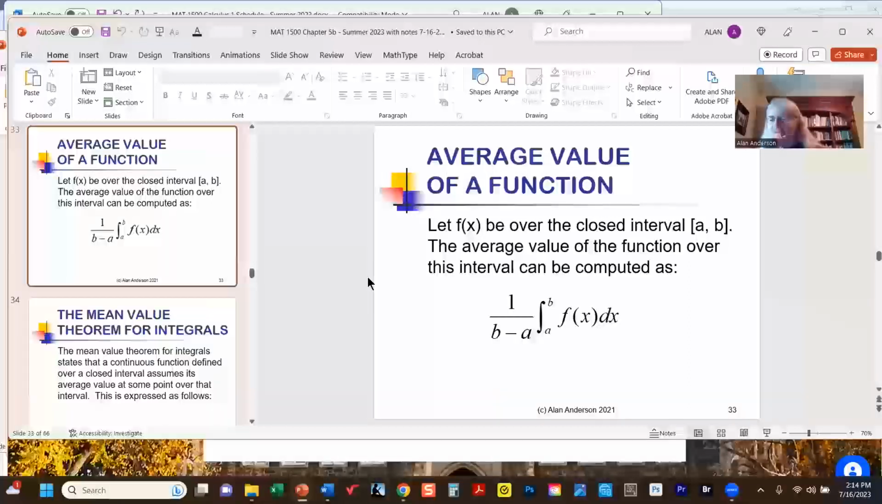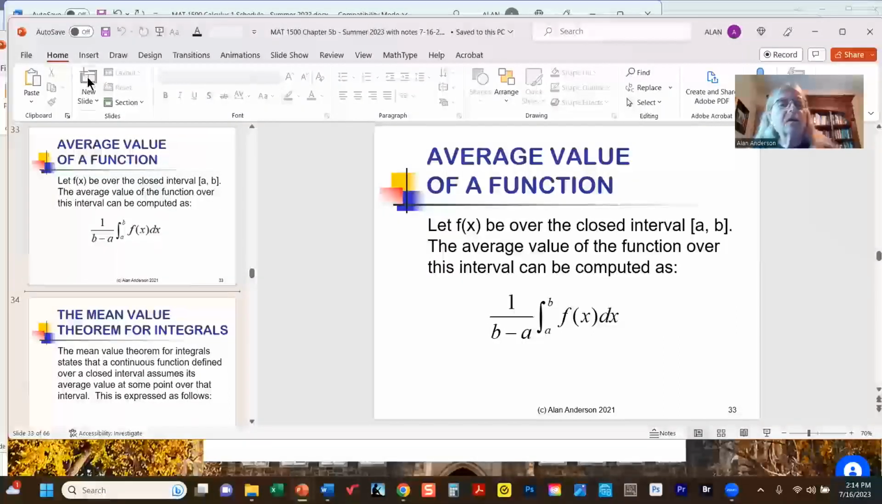All right, so we're going to carry on now with this section. This is actually chapter 5B. And right now we're going to look at a couple of interesting results involving integrals. We'll start with the average function or average value of a function. And so what this is telling us is that over a given interval,